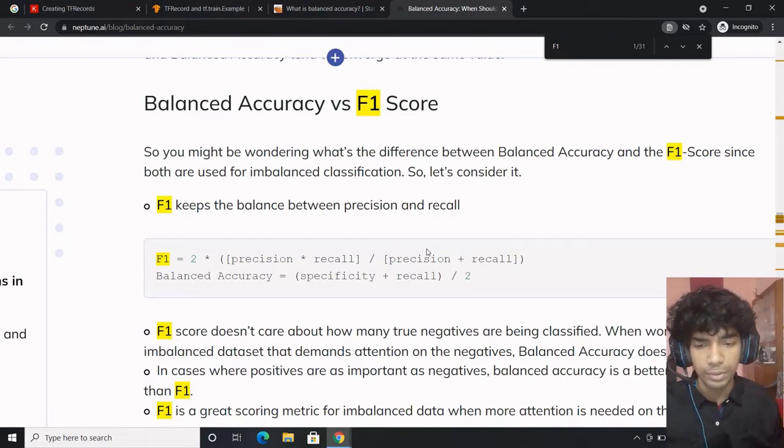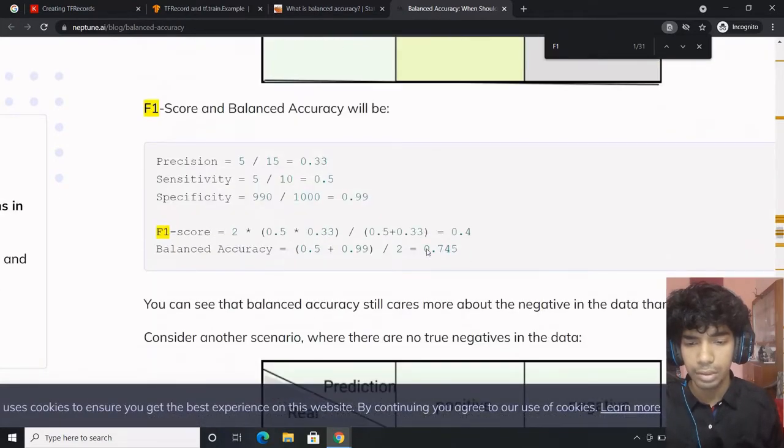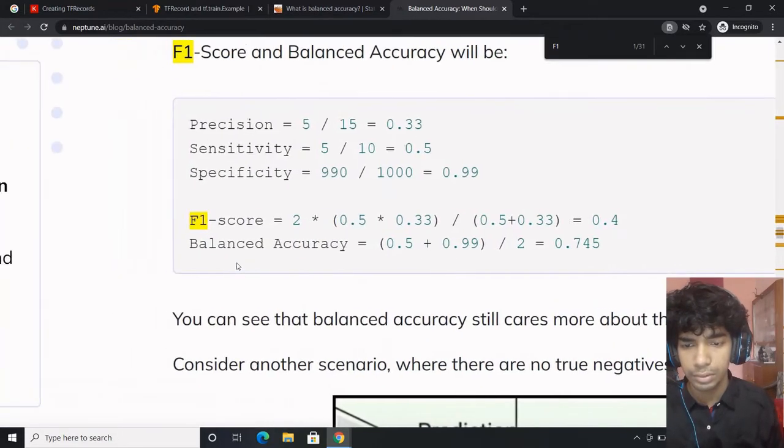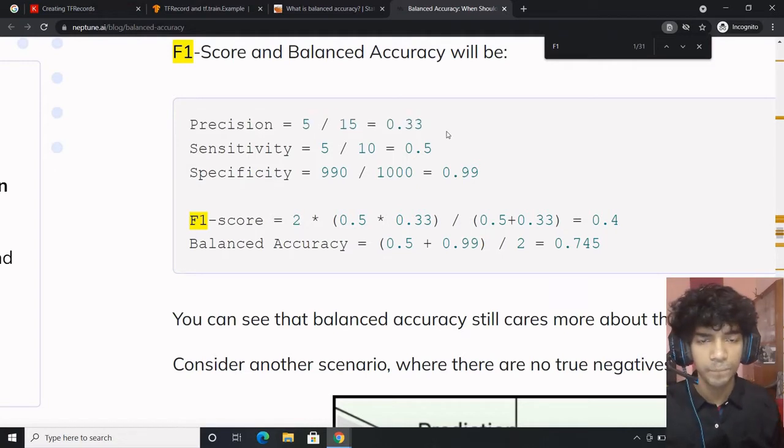What is F1 score? 2 times precision into recall by precision plus recall. Good enough? So what is precision?